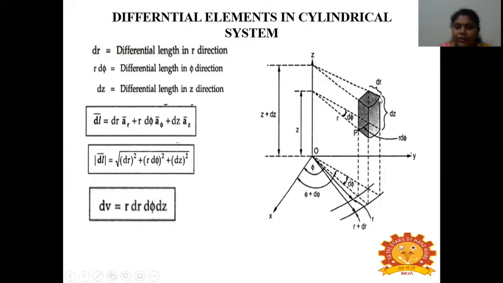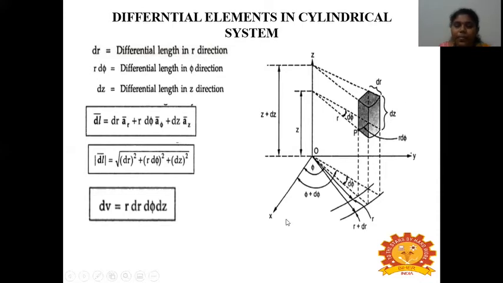Now we are going to consider the new point P dash here. This P dash makes a new radius with z, so this will be an incremental radius. The total from the z axis to this new point P dash will be r plus dr. This is the incremental. Because this is the initial height of your cylinder, from here it has been increased to here. That new incremented height will be dz, so the total height of the second cylinder will be z plus dz.